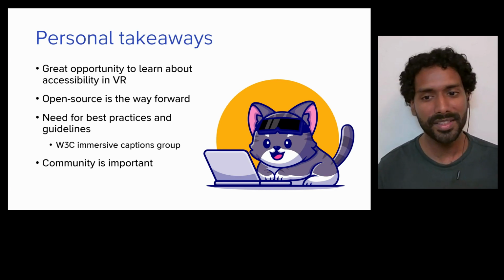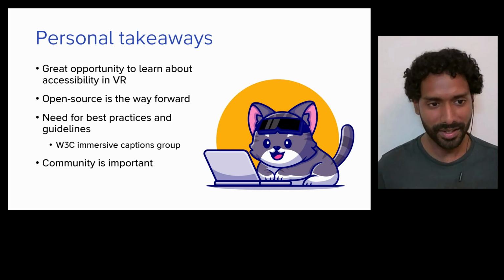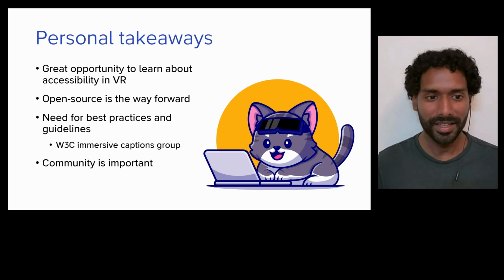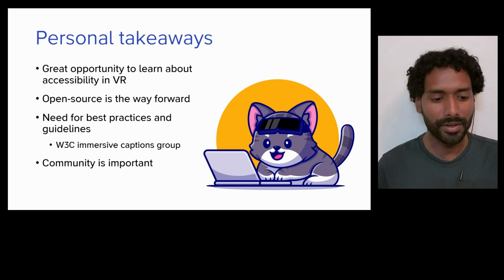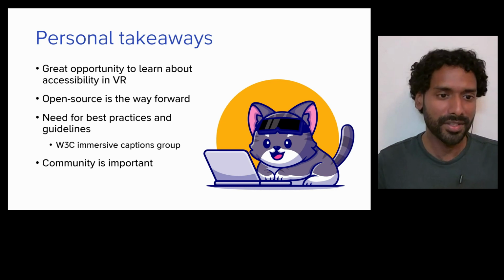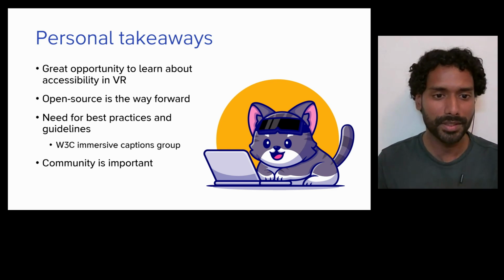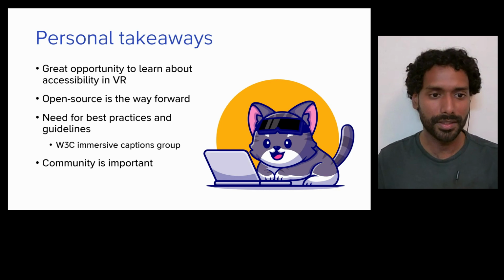And talking about community, I think community is a really important aspect when it comes to accessibility and creating sustainable apps for accessibility. It's really important to build up that community and make sure that the people involved are really motivated to work on these problems, either because they face these problems themselves, or because they want to use their skills to solve problems in accessibility.